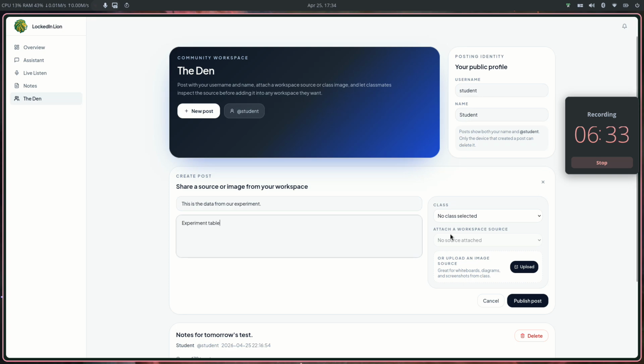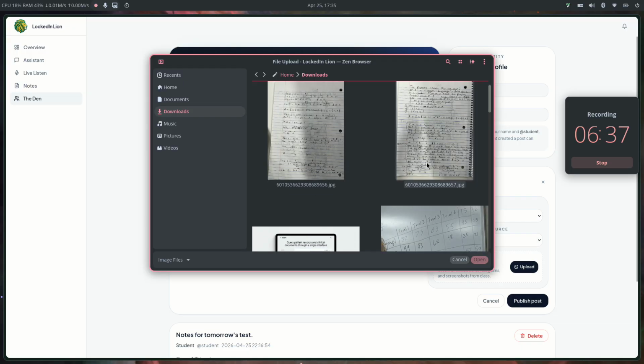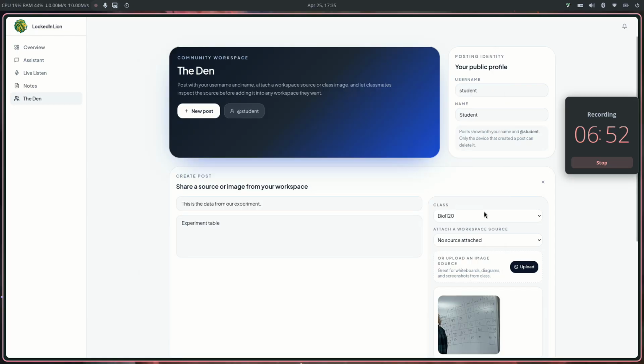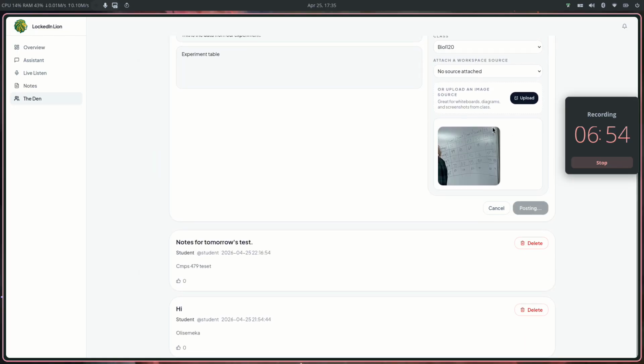table. Okay, now this is for my biology 120 class, and I was in class that day and we did an experiment on a goldfish, and this is the table from all the groups, and this information is really needed to make a lab report. So someone else does not have this lab report information, I'll just upload it here for them to have it. So it's posting,